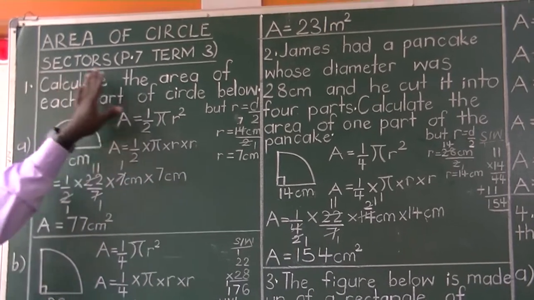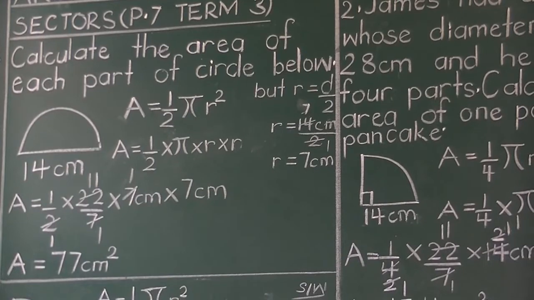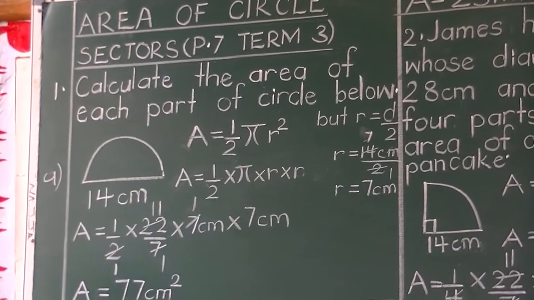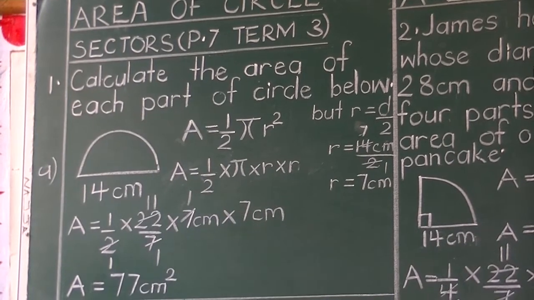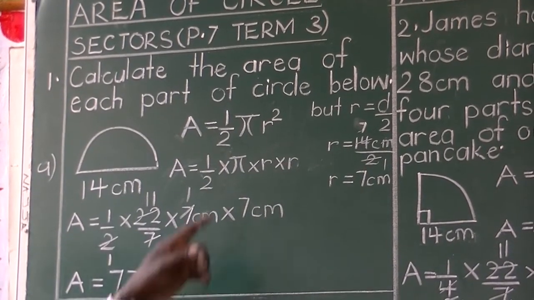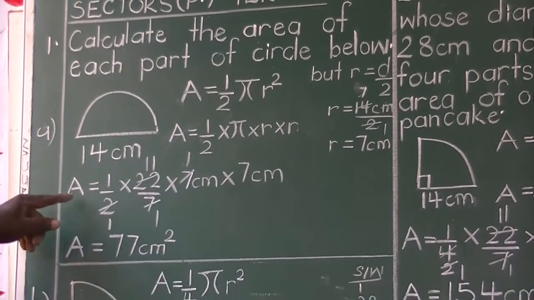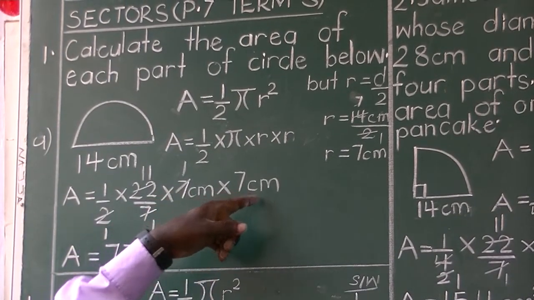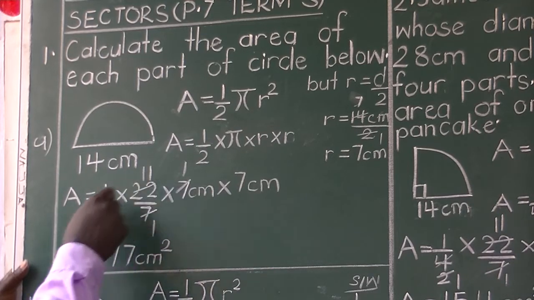Here there is no given pi, but we noted that when the radius or diameter given is a multiple of 7, then we opt for 22 out of 7. For a non-multiple of 7, use 3.14. Now the radius you have is 7, which is the first multiple of 7. Therefore we use 22 out of 7 as our choice for pi here. So we go area equals a half times 22 out of 7 times 7 centimeters radius times the radius again of 7 centimeters. Then cancellation is effected since we have got common divisors for the numerators and denominators.